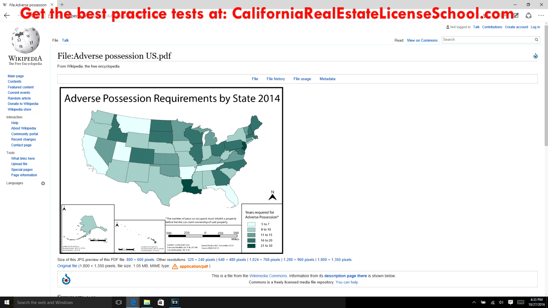of that property. Now, in order to make this law harder, a lot of states put more and more restrictions on it. So I know in California, you have to prove that you have paid taxes on that property, even though you don't own the property. So that creates a lot of obstacles for the person that wants to put in a successful adverse possession. You have to show that you paid the property taxes of it, but at the same time,